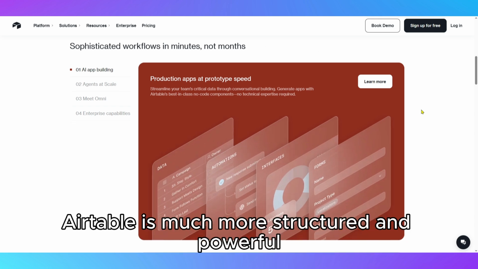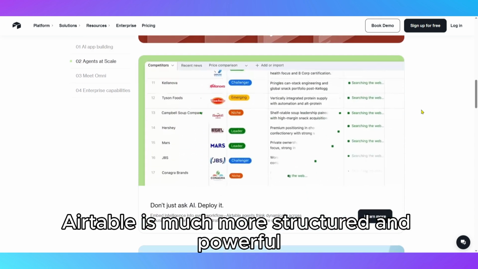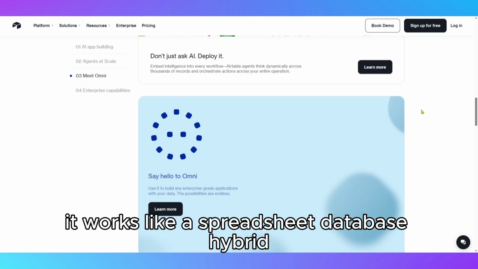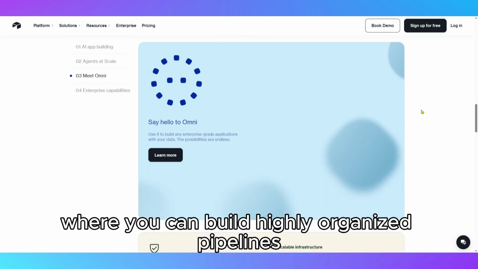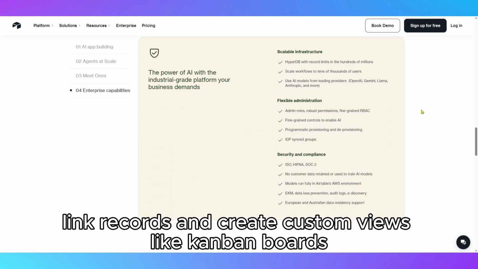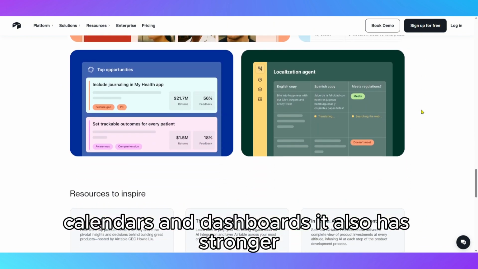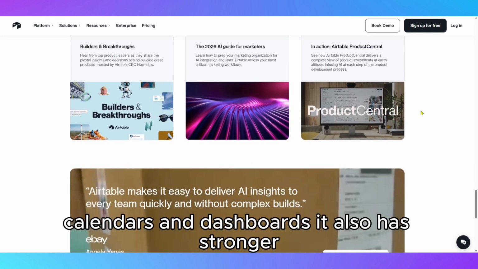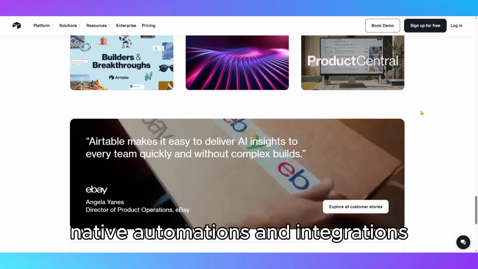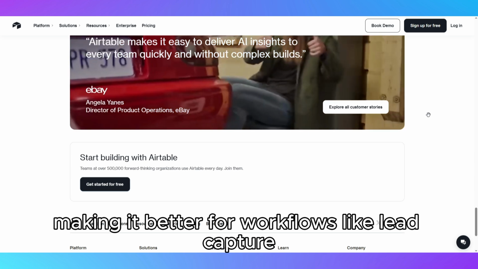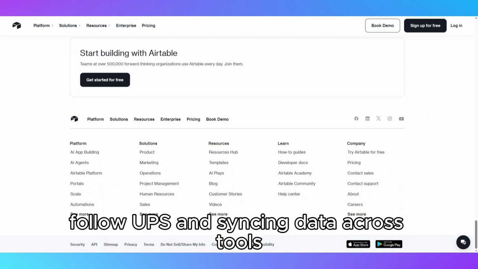On the other hand, Airtable is much more structured and powerful when it comes to data. It works like a spreadsheet database hybrid, where you can build highly organized pipelines, link records, and create custom views like Kanban boards, calendars, and dashboards. It also has stronger native automations and integrations, making it better for workflows like lead capture, follow-ups, and syncing data